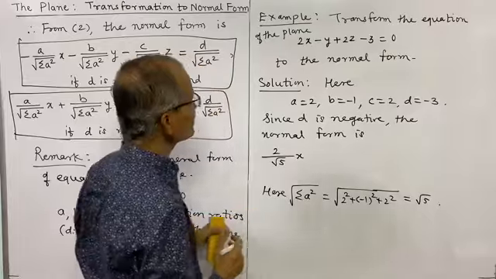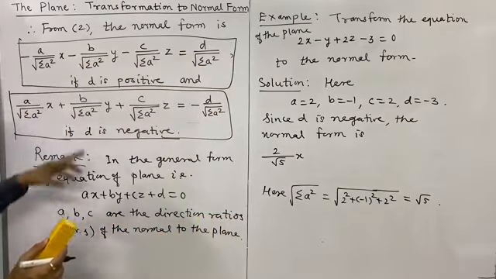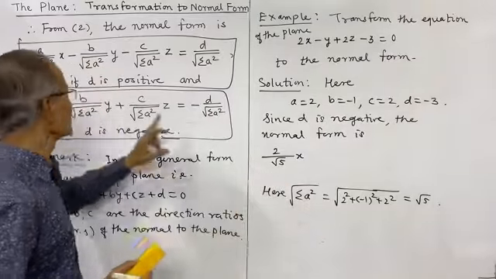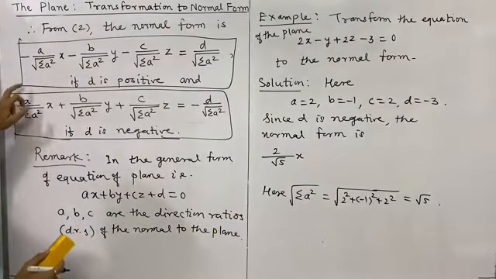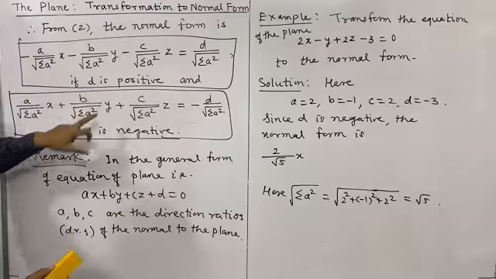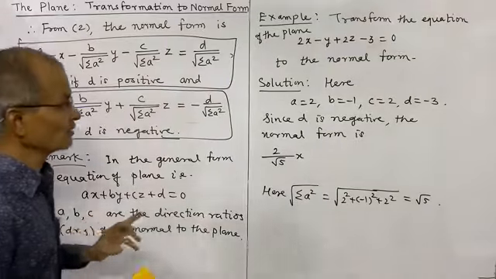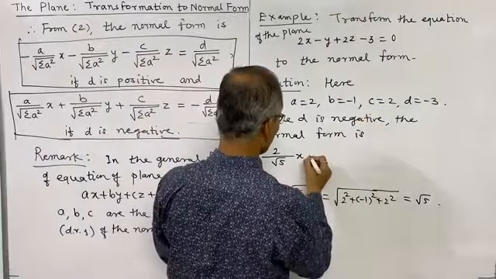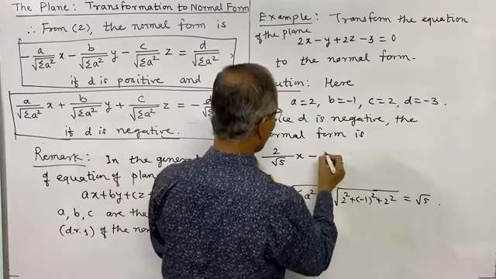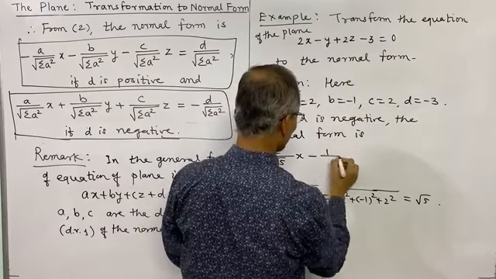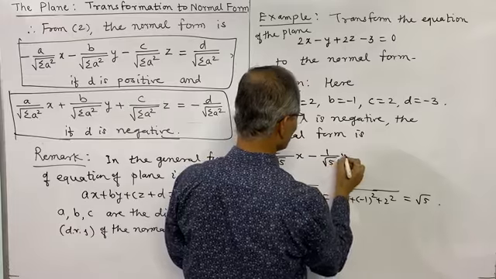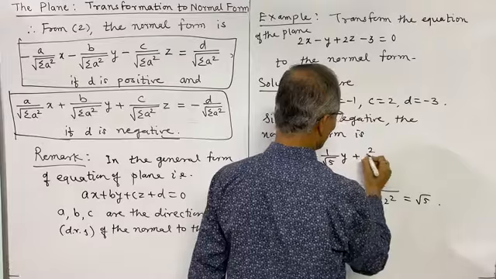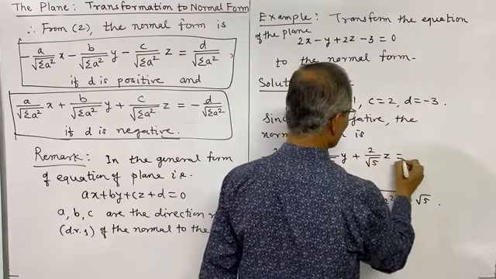So we only have to divide the coefficients of x, y, z by under root of summation a square and note the sign. The same thing is there here, and here the sign is negative if d is positive. The sign is positive if d is negative. Here d is negative, and therefore it is 2 divided by root 5 into x minus 1 upon root 5 into y, plus 2 divided by root 5 into z is equal to